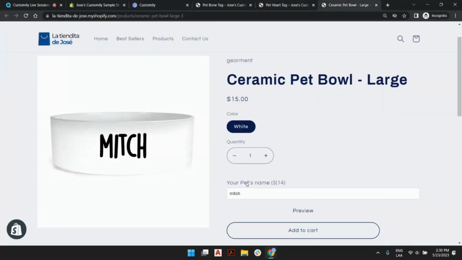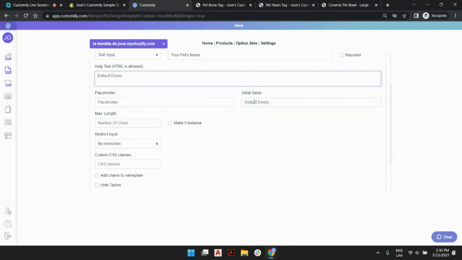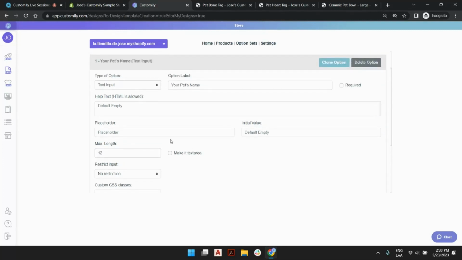We want this to be your pet's name, right? So we're going to change that here. Going to be your pet's name. Excellent. And because we don't want customers to go all the way and type anything at all, anything beyond certain limitations, we can actually set a maximum number of characters to be, for example, 12. We can even have